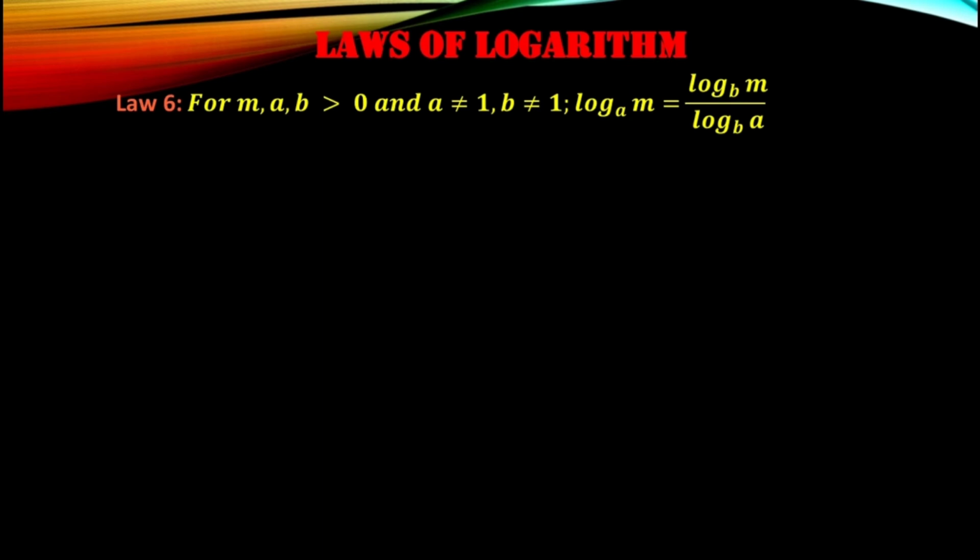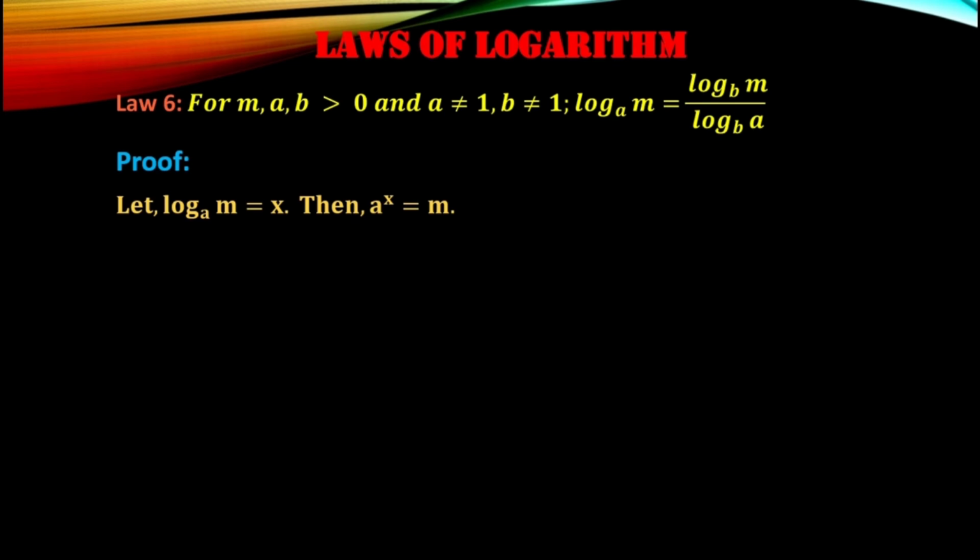Suppose we have a base which is a and we have a problem in which we have to change the base. That is, we have to change the value a so that we can solve or reduce the problem to get the required answer. So in this case we need to apply the law of change of base, which is this law, that log of m to the base of a equals log of m to the base of b divided by log of a to the base of b. Note that in the left hand side we have the base as a and in the right hand side the base changes to b. So proving this law,